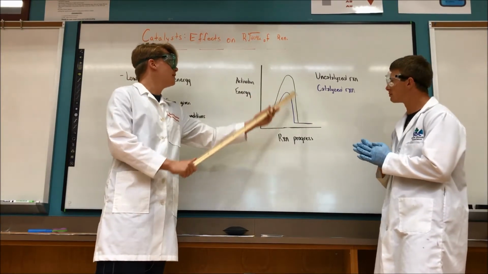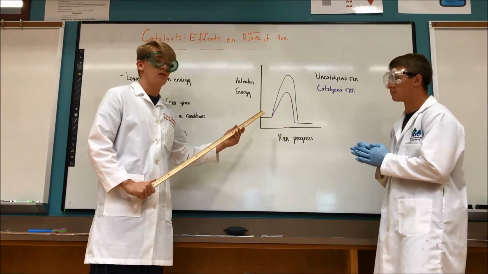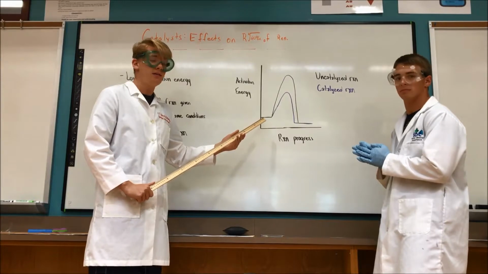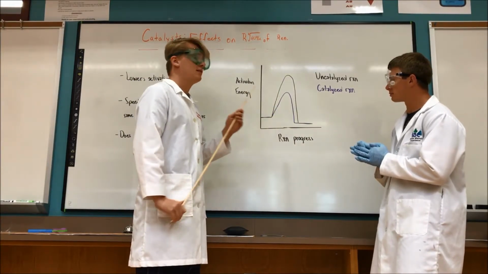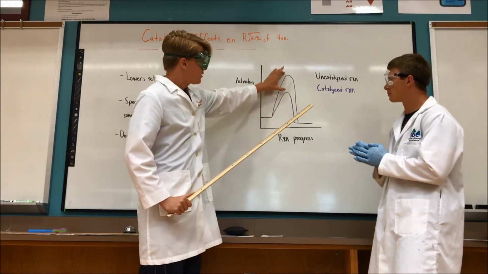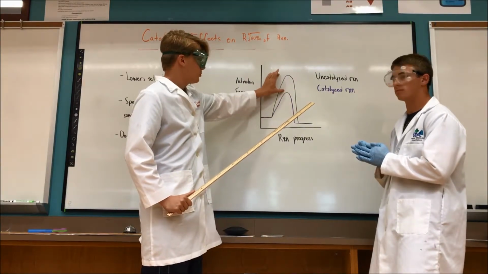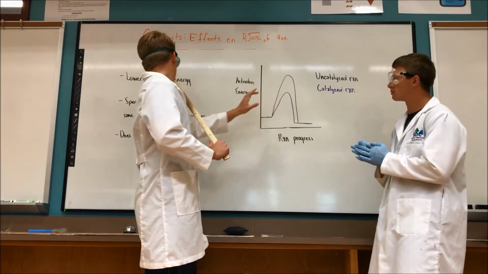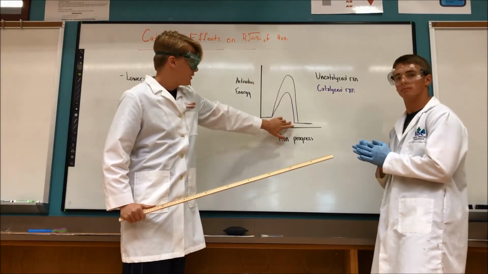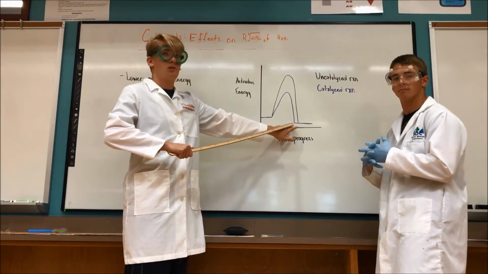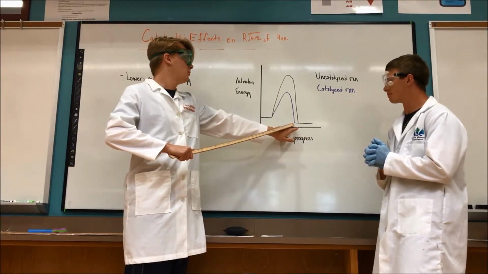This top peak here is the activation energy in a reaction that has not had a catalyst added to it, and then the lower one here in purple is the reaction that has had a catalyst added to it, and of course you can see the activation energy is a little bit lower, and thereby the reaction will be a little bit quicker, and you can see this right down here. The purple is down at your final endpoint a little bit faster.